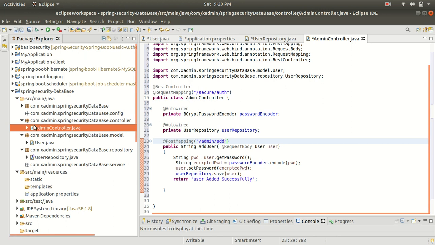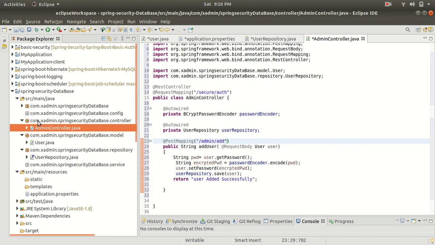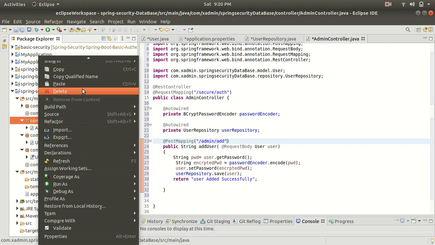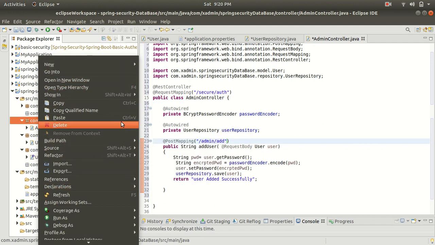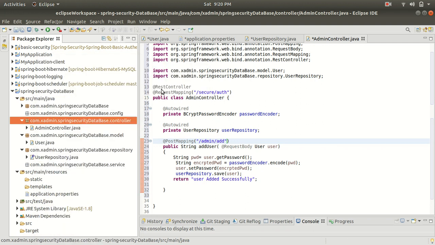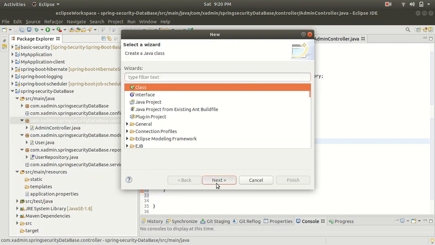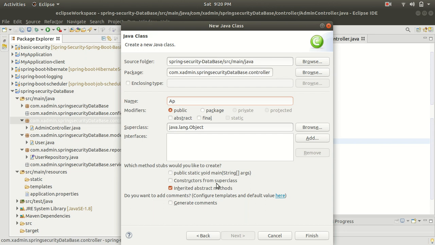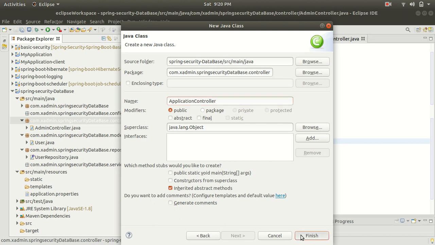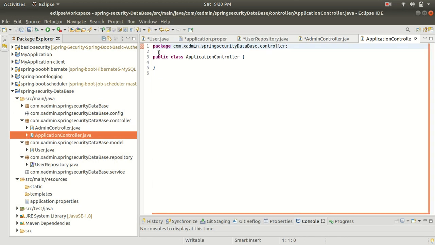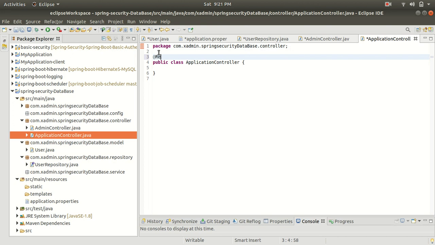Alright, so let's create a controller, Application controller. Alright, finish this. So let's make this as a REST controller.